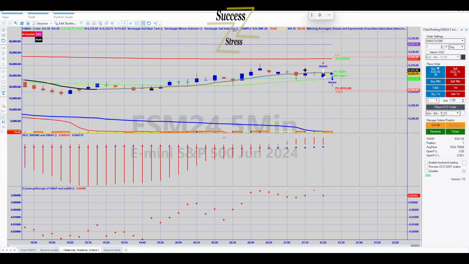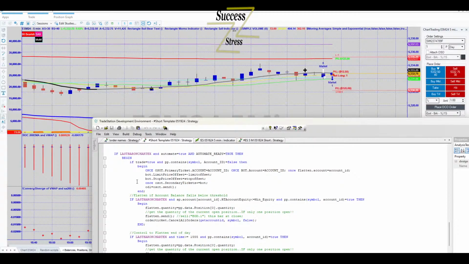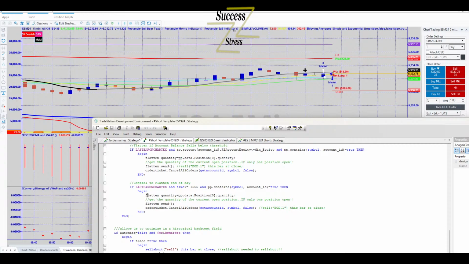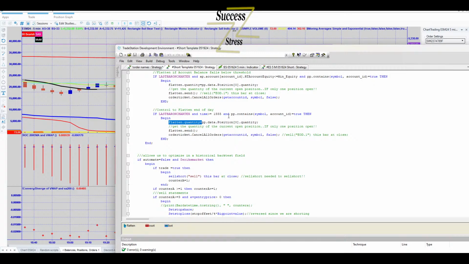So essentially we should have been in a similar situation, right? We should have been in a position, had a bracket order on for exit, and then we supposedly tried to flatten. But I don't see that flatten order even show up in Trade Manager, so I don't think it was sent. So essentially I would want to sell market, and it sold, right? That was fine, and then it would cancel all. So that's what was supposed to happen here. We're supposed to be in a position, and then it was supposed to send a flatten order, send that, and then cancel all the orders.